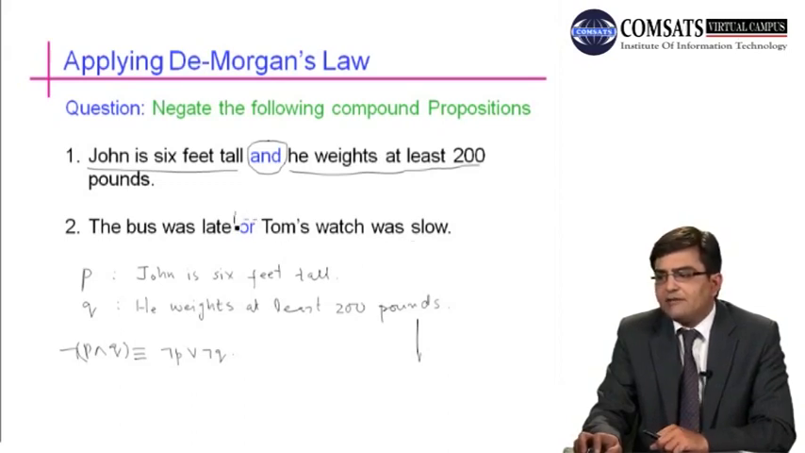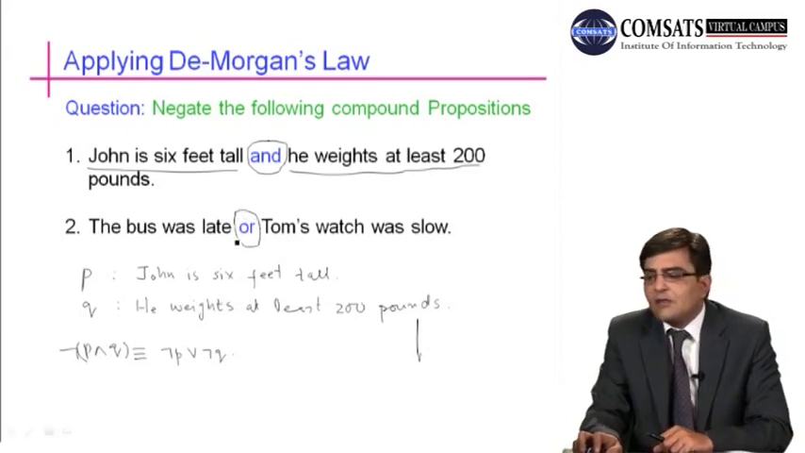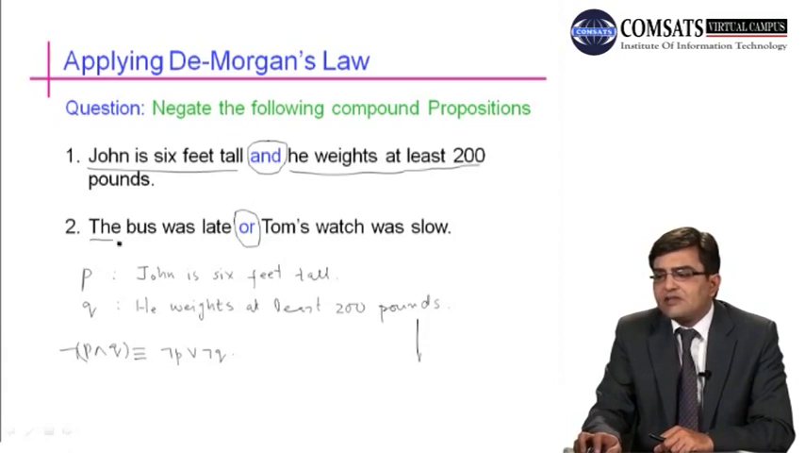Now here we have a disjunction operator, and we have two propositions. For example, this is P and this is Q. Then by using De Morgan's law, we can write the negation of this statement as, first we will write the